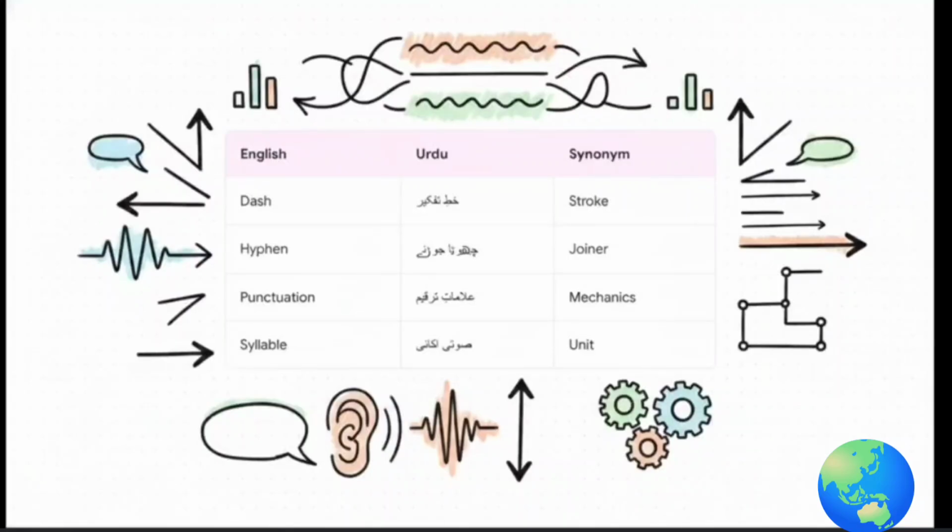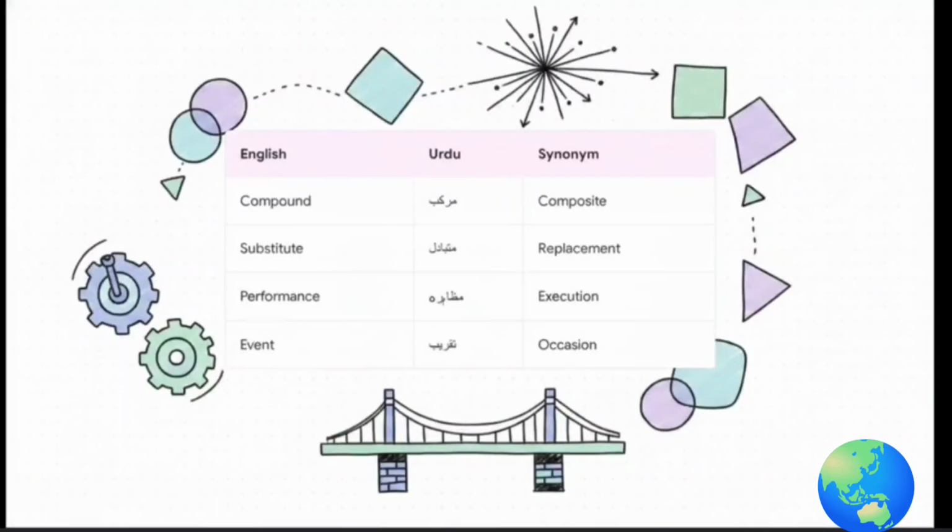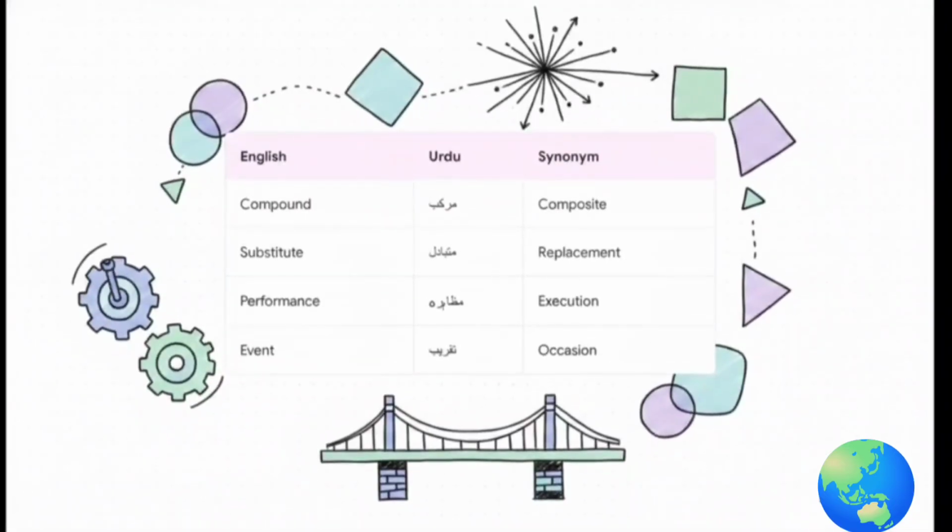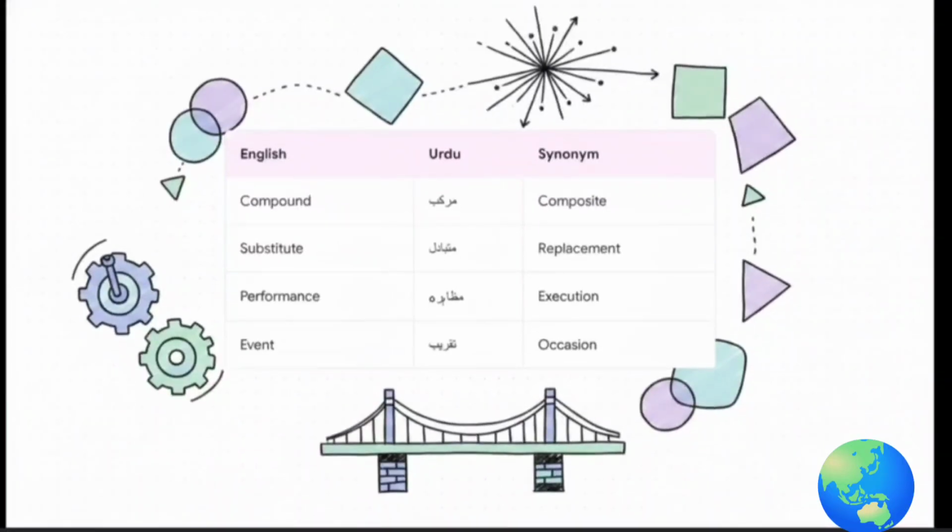I love this because it perfectly emphasizes the phonetic reality behind the grammatical rule we literally just discussed. Furthermore, notice how the translation for compound, which is murakkab, perfectly captures the academic essence of a composite or combined structure. When we talk about compound nouns or modifiers, we are actually talking about creating a murakkab, a unified entity built entirely from disparate parts.